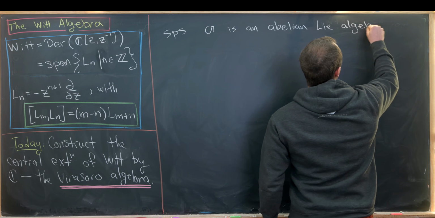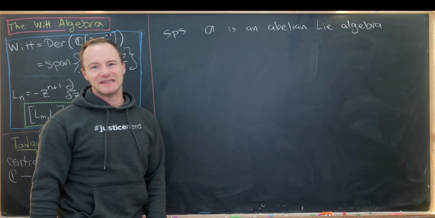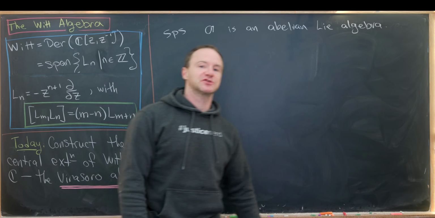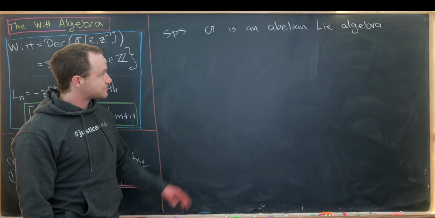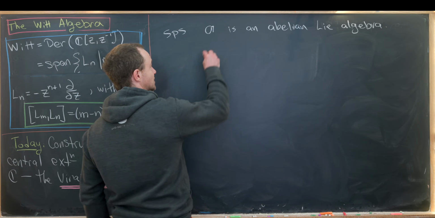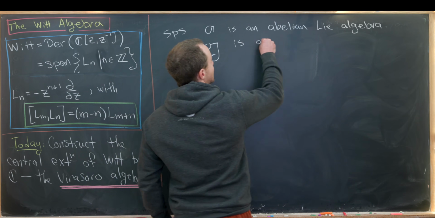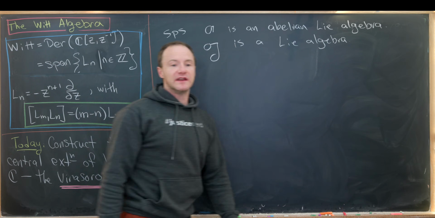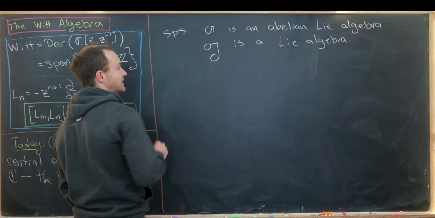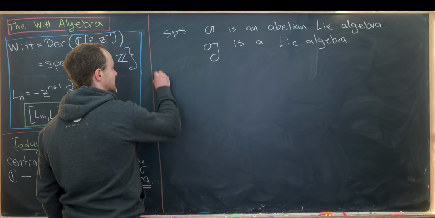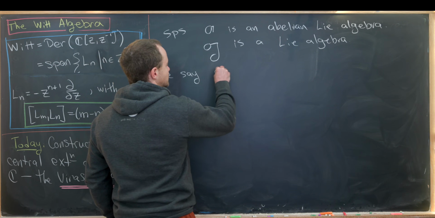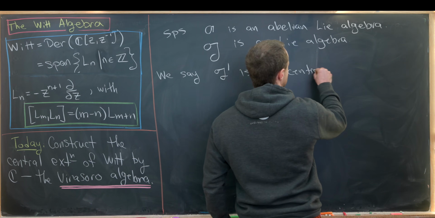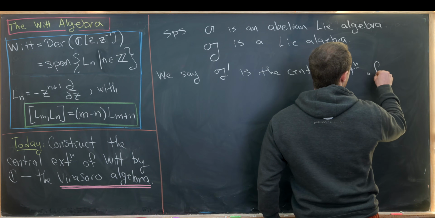Lie algebra, and we're going to work over the base field of C, although this could be done over finite fields, and the Witt algebra as well as the Virasoro algebra have been studied over finite fields. Okay, so we've got A, which is an abelian Lie algebra, and let's say G is a Lie algebra. So this is any Lie algebra, finite dimensional or infinite dimensional. And then here's the definition that we're making, which is the central extension. So we say G prime is the central extension of G